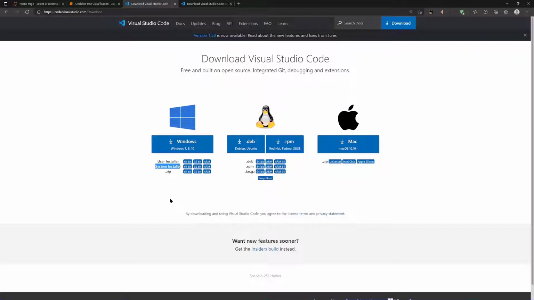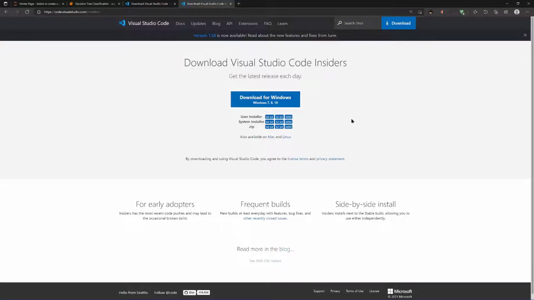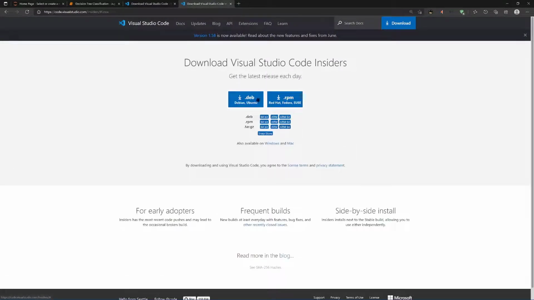Okay, so let's see how to install Visual Studio Code. You can choose Visual Studio Code or Visual Studio Code Insiders. The procedure is the same. In case of Insiders, you can go for the user and system installer, for Mac, or for Linux. For Linux, you can install it from the marketplaces. A few distributions support it, and I know Ubuntu does for sure, which we are going to see in the next step in this video. Let's go to Ubuntu and install it.